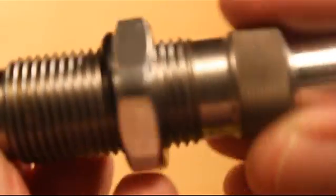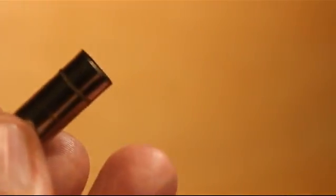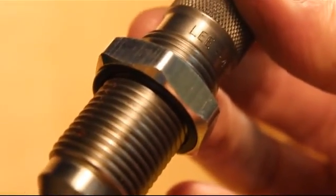Well, here's the solution. You take a Lee 44 Magnum cedar die, and you see that just goes right in. It's not going to straighten out the bell. So then all you need is the 44 Magnum cedar stem to do the job with the 38 caliber bullets. So you take the stem out,